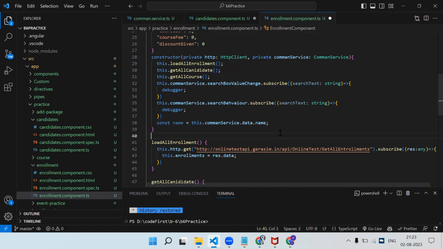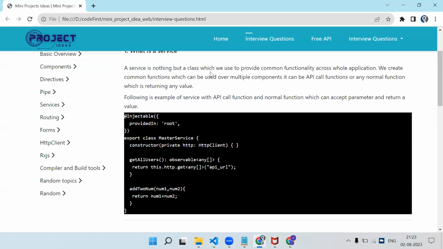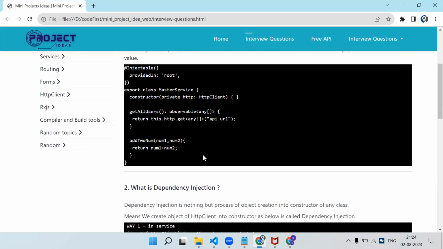In component communication, you are going to see this when we take some advanced question. There I will again repeat this same scenario. I just wanted to explain what are the various scenarios or things we do with the service. So API call, normal function, getter setter value, subject behavior we can create in common service, right? So these are the various things we can do with the service.